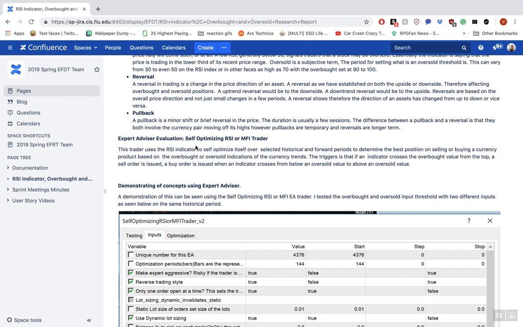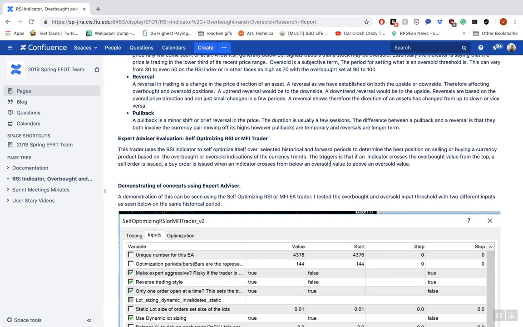And what REA basically does is that it's a self-optimizing expert advisor where it takes historical periods and determines the best position on selling or buying currency based on the overbought or oversold indicator of the currency trends. So what this expert advisor does is that it trades on the RSI indicators, the overbought and oversold position. And the trigger is that if the indicator crosses the overbought value from the top, a sell order is issued, and a buy order is issued if it crosses from below the oversold